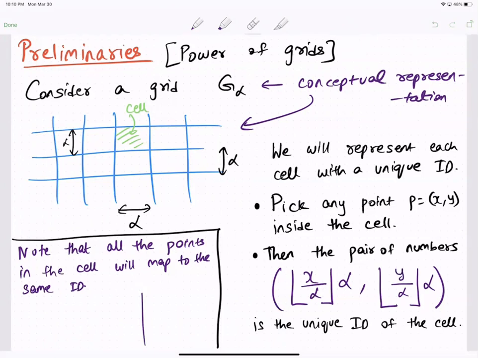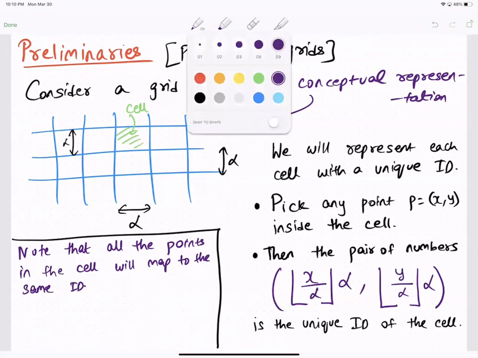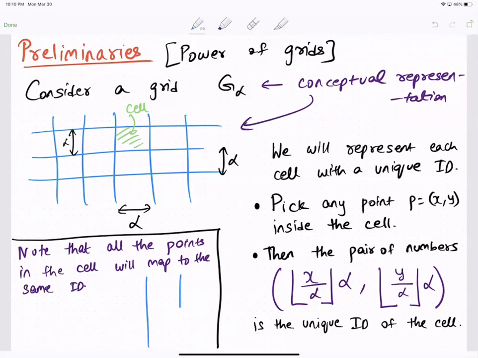Let's say this has an x coordinate of 100, this has an x coordinate of 110. Let's assume alpha is 10, right? And now we have a point here, 105, comma 96. Now if you perform this operation here,